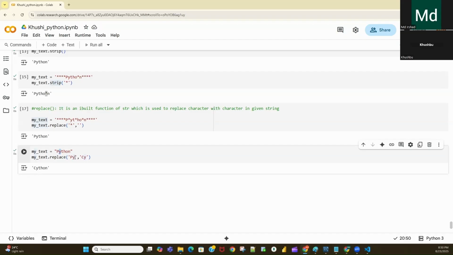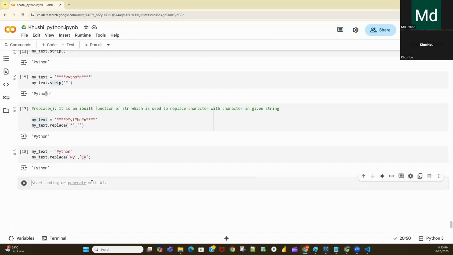You can also replace, here I'm replacing multiple characters with multiple characters. I can also replace multiple characters with a single character. So for example, let's say my text equal to hello, I'm writing. So I will write my text dot replace, and here I'm saying replace this he with n.